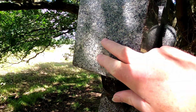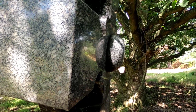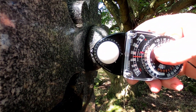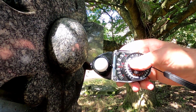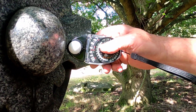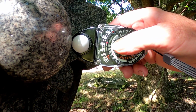So you can see we've got bright areas on the tombstone, and I don't just want to meter for those because my shadows are going to go as well. So the way I use the handheld light meters, taking a reading like this where it's in the full sun is going to underexpose it for me. So what I tend to do is pull it into the shade until I get the dome, the lumisphere, partially shielded by the shade like that, and that's going to give me now an average reading. You can see that. So press the meter,